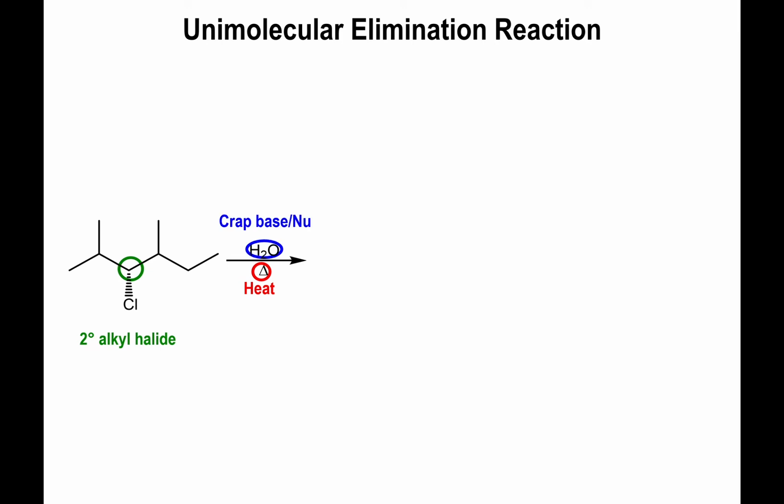The base is really not a good base, and the big reason for this is that, this is the crab base once again. The reason for this is that you're going to generate a carbocation. You cannot have a strong base present in solution if you have to generate a carbocation. So this is spelling out an E1 mechanism for your reaction. The fact that you're heating the reaction, the fact that you're using a crab base, tells you, yeah, elimination via a unimolecular process. And what that really means is that you're going to remove this chlorine out of the molecule,